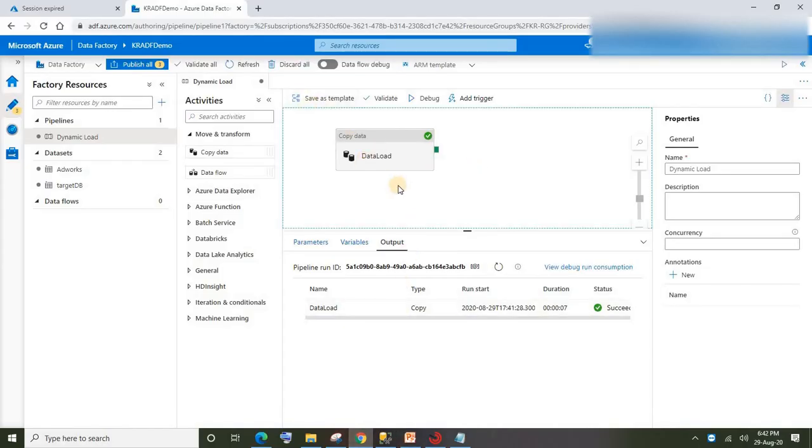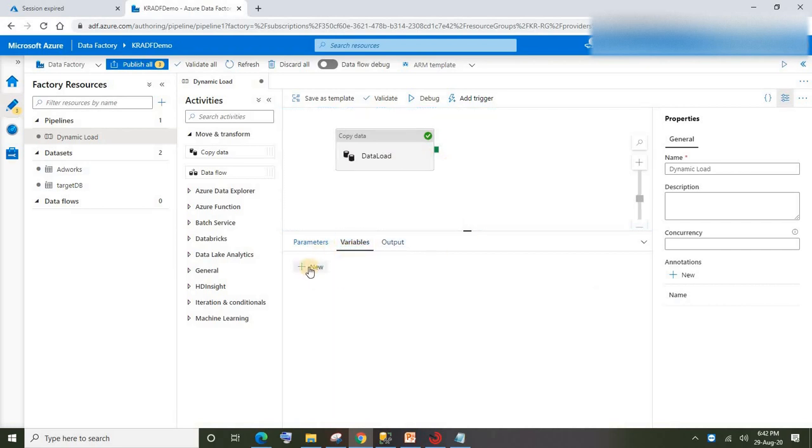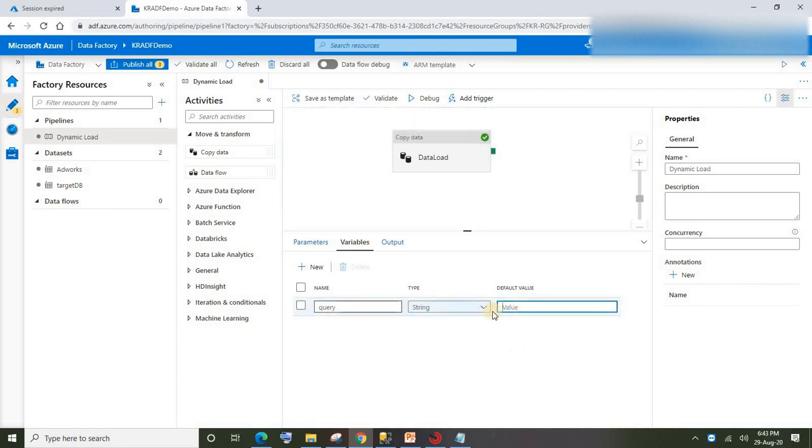So for that, I'm going to create one variable. Let me create one variable called query. This I'm going to achieve with a variable. I'm making the changes in the source query that is internally within the pipeline. So for that, I can use a variable. Alright. So I'm going to go for query and type. Let's go for string only. I'm not giving any default value. The value should be through the expression. How do you write the expression?